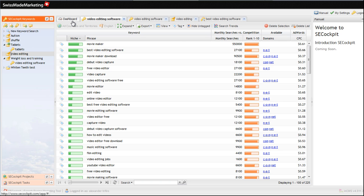And actually, well, that's a bit of an understatement. It does a much better job than Niche Refinery, but it's also more expensive. But I'll give you guys a preview of all the features that SECockpit offers, because I think it's really valuable for when you want to put aside a month and just do extensive keyword research, maybe